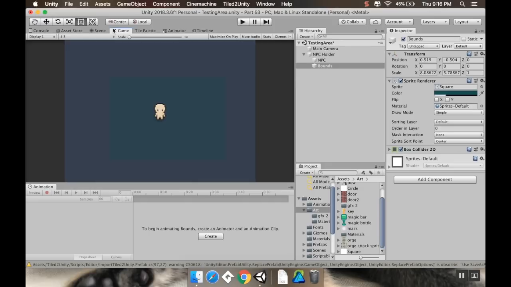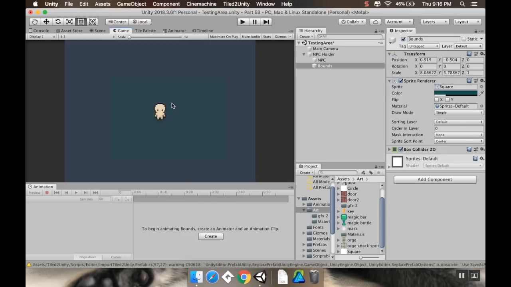Set sprite renderer.enabled to be false at the beginning of the game so that you don't actually see this, but it's still present for debug purposes. I haven't done a lot of stuff with debug like this, but this is one way that you can do it. Another way would be by using the gizmos, the onDraw gizmos commands. I kind of like doing it this way, but onDraw gizmos is probably better. I'm honestly not sure which one's more memory performant. Anyway,